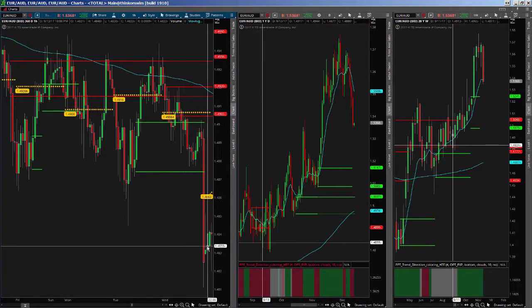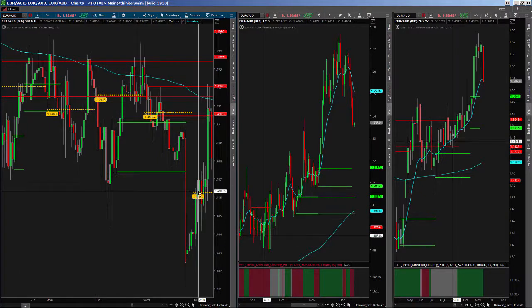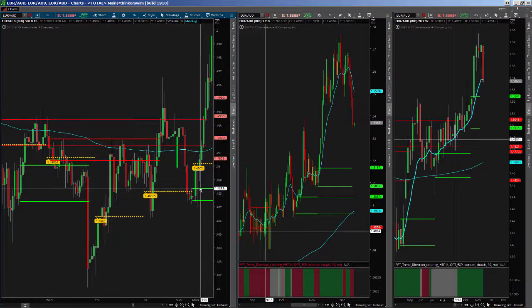Okay, now after I have a win, I have to have a reset, which is a close above a red zone and a green zone. Okay, there's a close above the red, and there's my green. Alright,